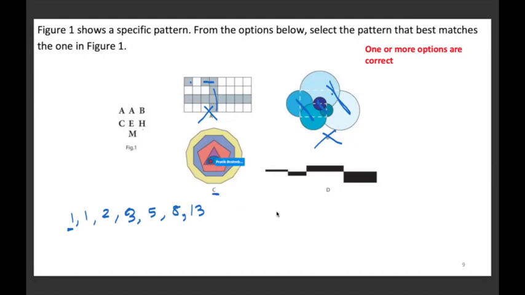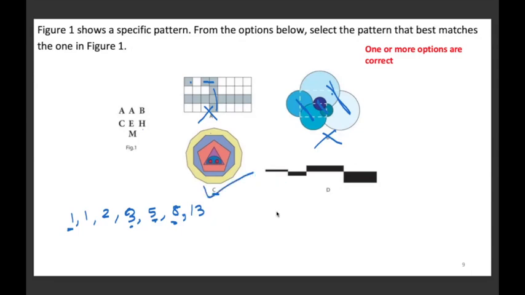With option C, you have a 1 line figure, which is a circle. We have a 2 line figure, which is a semicircle. We have a 3 line figure. So you have 1, 1, then 2, then a 3 line figure, which is 3. Then a pentagon, which is 5. Then an octagon, which is 8. And then a 13-sided figure, which is 13. So C corresponds, so C is fine.